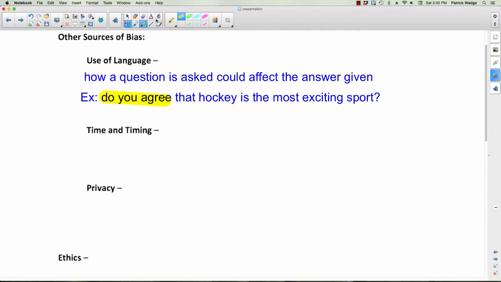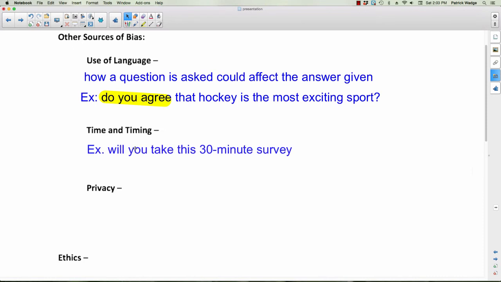Okay, another source of bias is time and timing. So, for example, this happens to me all the time. I get asked if I'll complete a survey to do with teaching, right? So I think, okay, I want to be a good guy. I'm going to help out. So I start answering the questions, and then I see this thing that says, you are now 3% through the